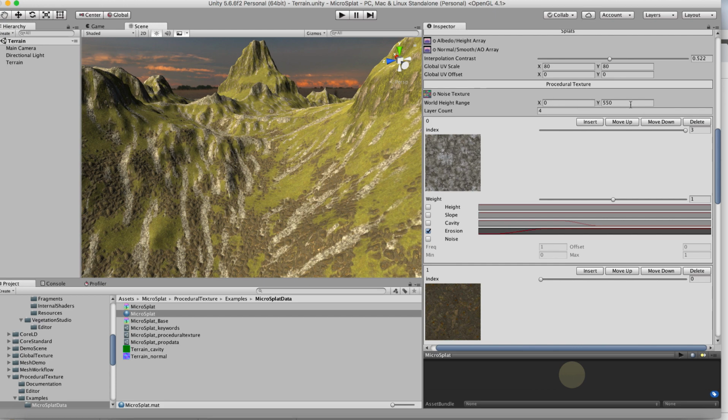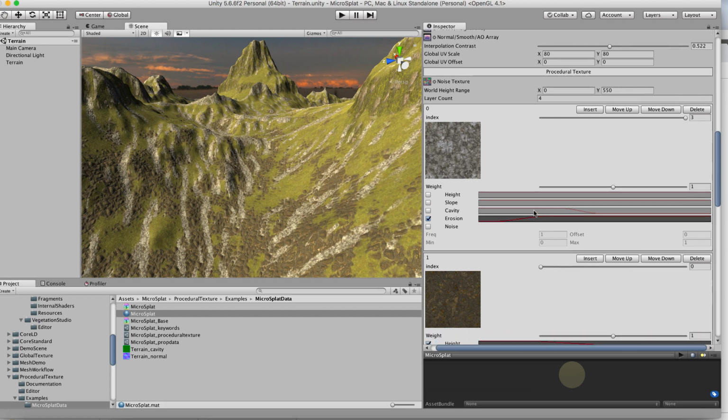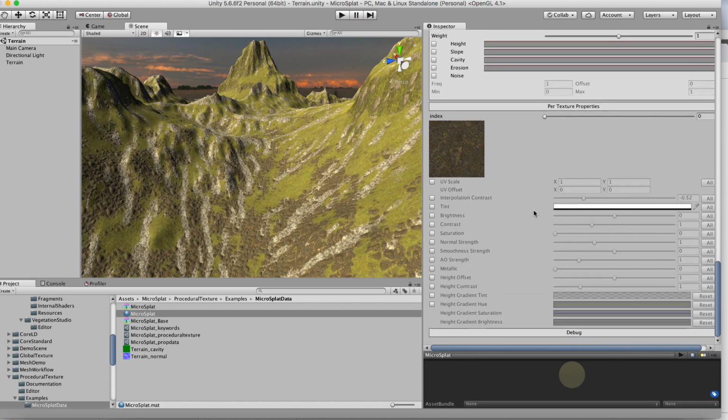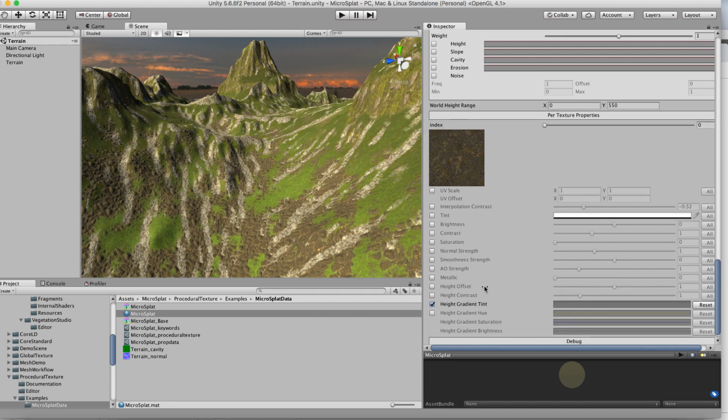Remember to set the world height range to something that makes sense for you. And we're going to go down and discuss two new per texture controls that are added by this module that you can use to texture either your procedural terrain or your regular terrain. And the first one is called gradient tint, height gradient tint. And what this is, over that height range that you specified in the procedural texturing section, we can specify a tint for